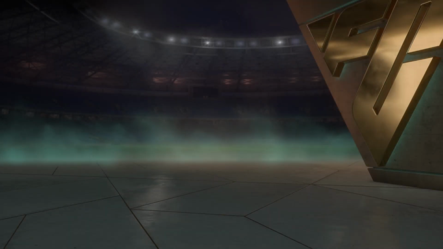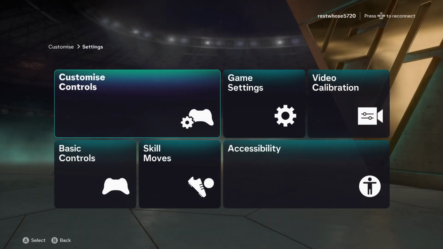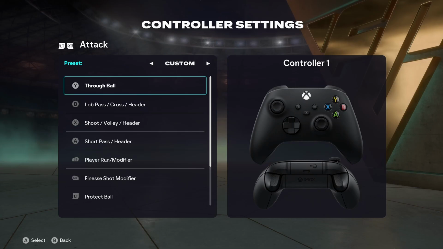Go to main menu, then head into settings and open customize controls. Now the problem happens because most players are using custom controls. There's almost 100% chance yours are set that way too. To fix this, switch your preset from custom to classic, and just right here you can just reconfigure your keys